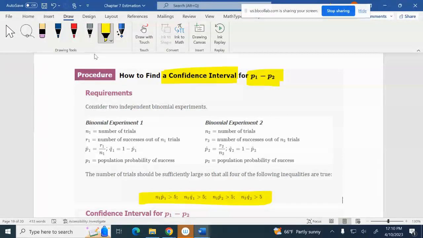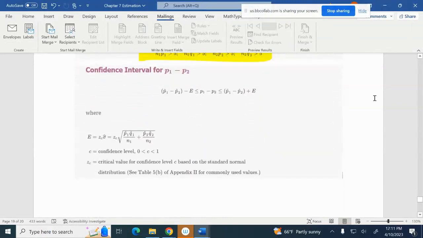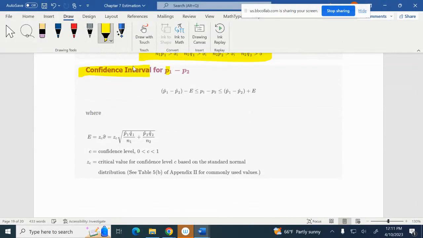Don't worry about that. We are not going to discuss the other applications in this course. So it's always bigger than 5 and bigger than 5, so we don't even have to check. We don't have to take care of it. But if not, then we have to apply another one. This is a very first statistics course, so we have more other applications. But anyway, here is the confidence interval for the proportion difference.